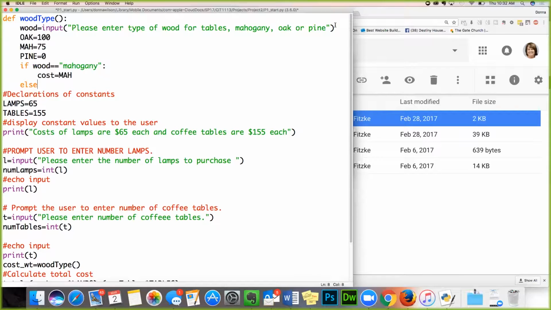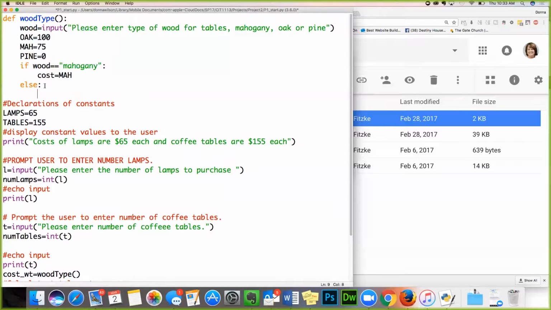Else. And how do we set that up? We already had that one in here. I could have copied the whole thing. Is it still open? Let's see. No, it's not. Okay, so else if, or else, all I have to say is else cost is equal to,